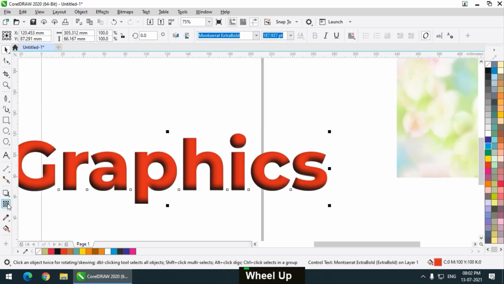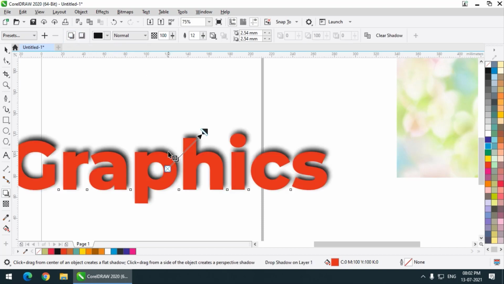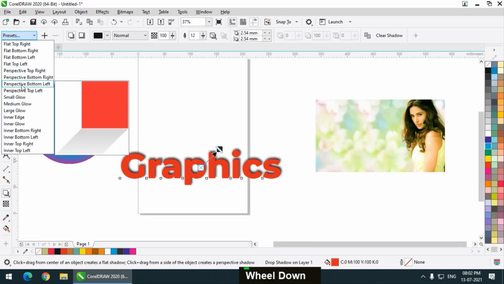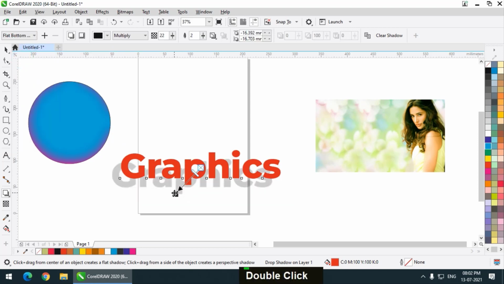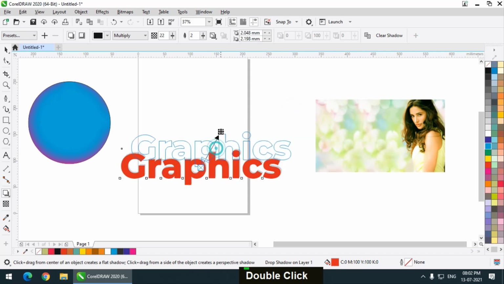Then we have the regular outer shadow, which is called the drop shadow tool, and this is the inner shadow tool. Drop shadow means the shadow will be applied on the outside of the selected objects. Then we have a bunch of other options, presets, and we can always click and drag and change it directly from the tool.